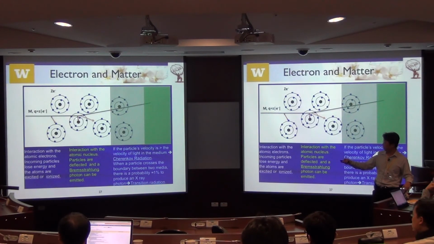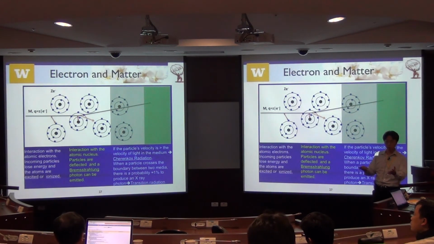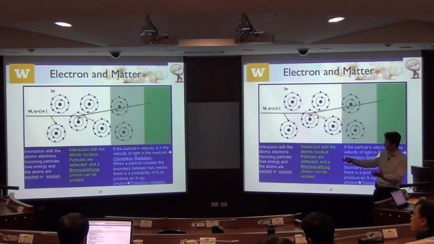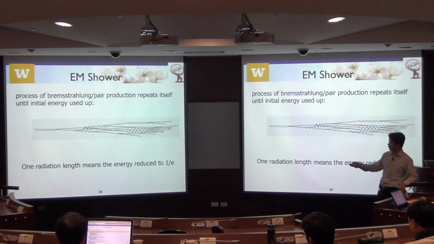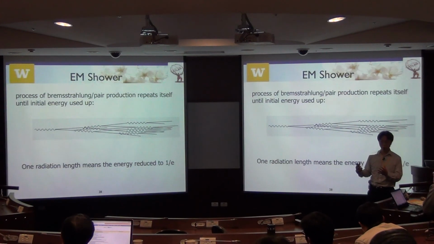So an electron with high energy can radiate a high energy photon and then lose energy. If you think about an energetic photon, it could generate a pair of electrons. And when an electron has high energy, it can undergo bremsstrahlung and produce a photon. Then you can imagine that when you have a photon come into some material,